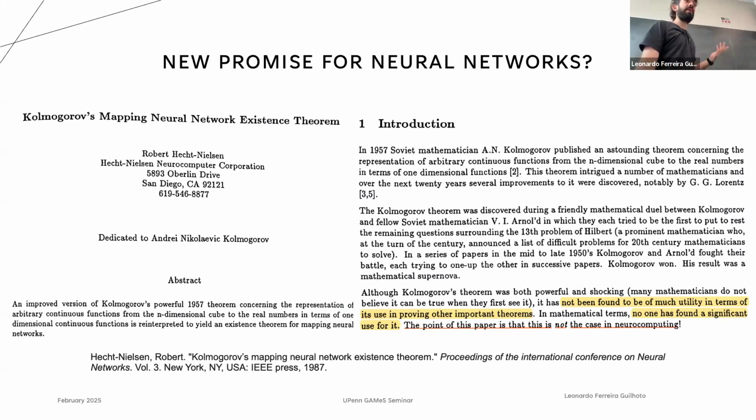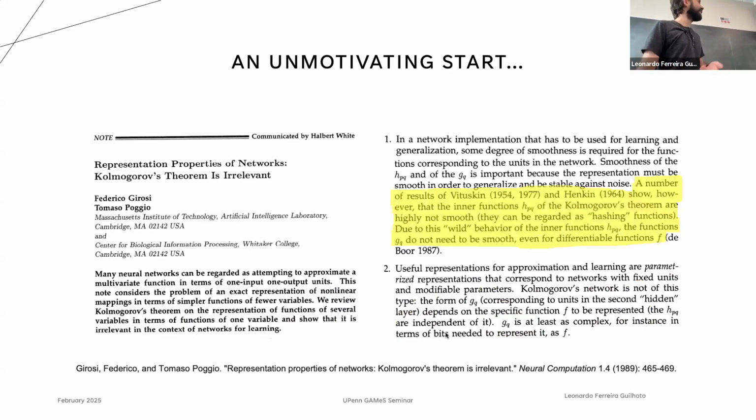So this was actually a very hot take for the time. And for example, about a year and a half, 2 years later, there's this other paper from Thomas Poggio over at MIT talking about how Kolmogorov's theorem is irrelevant, right? And they did have good reasons to talk about this. And in particular is this one. A number of results by Vitushkin, and these are from also really old theorems,